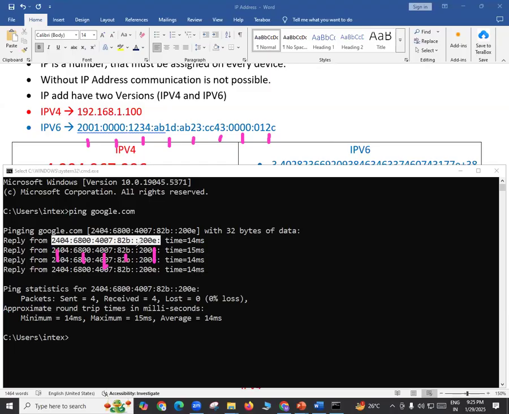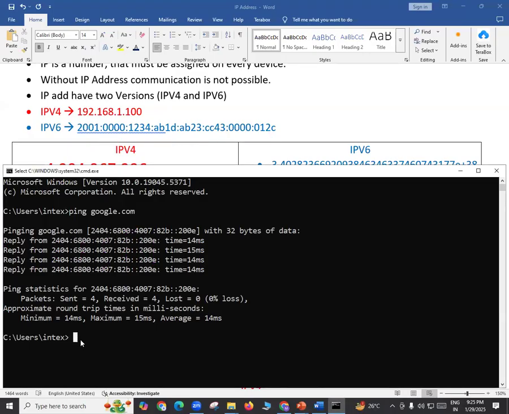See here, my friend. In this number, can you see there is something called double colon? Double colon means we are simply skipping some numbers here. So actually the Google IP address is IP version 6 as of now, and this IP version 6 also has totally 8 groups. But here we are using double colon so that we can make the IP version 6 number a bit shorter. Okay, so don't get confused here. Both are IP version 6 numbers only.